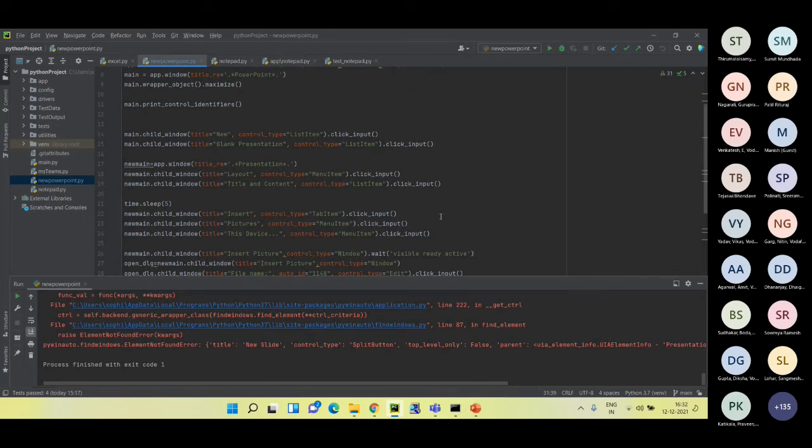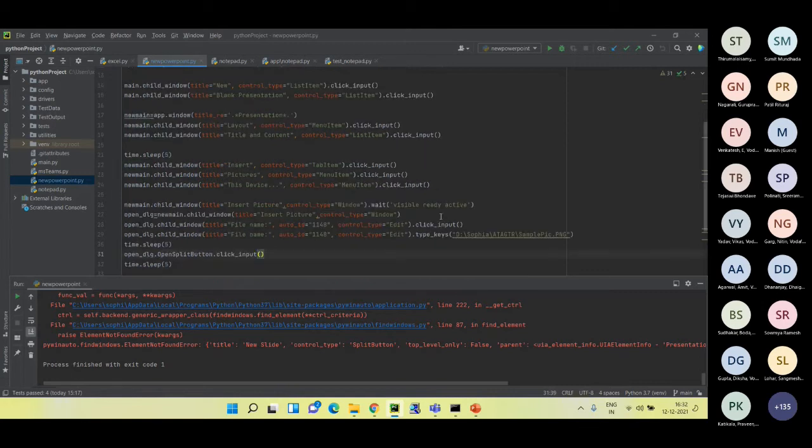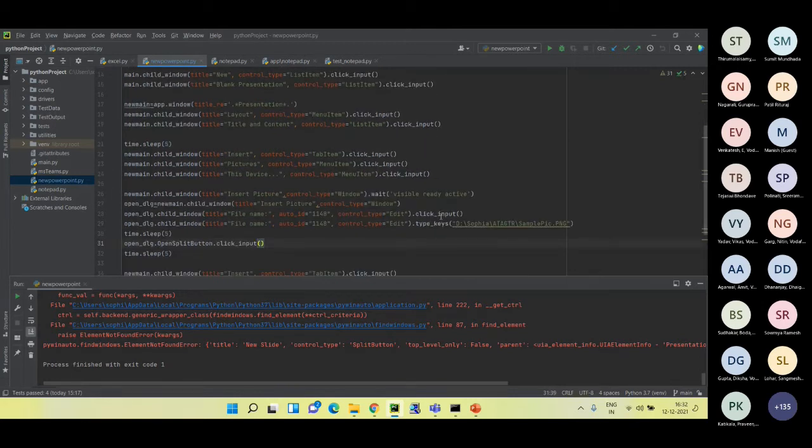Going further, if we can modularize this code, it would be far better for a user to reuse different methods, like inserting a slide or inserting a picture. If that becomes a method, it'll be easier to write the particular test file in fewer lines of code.